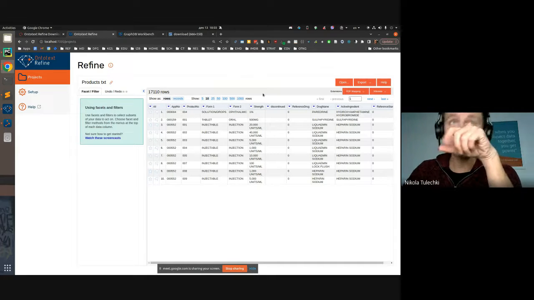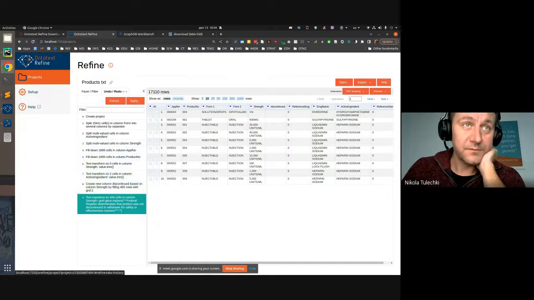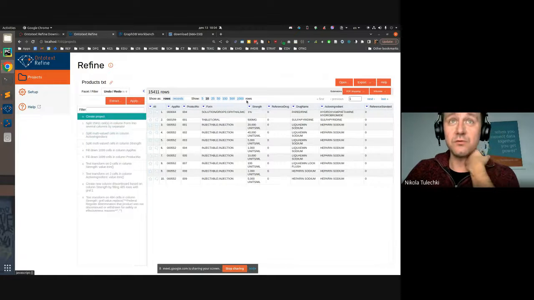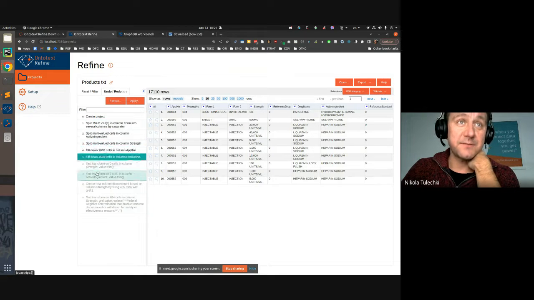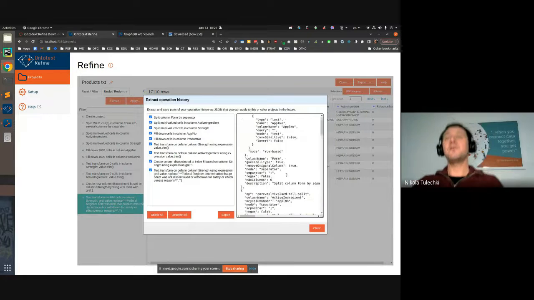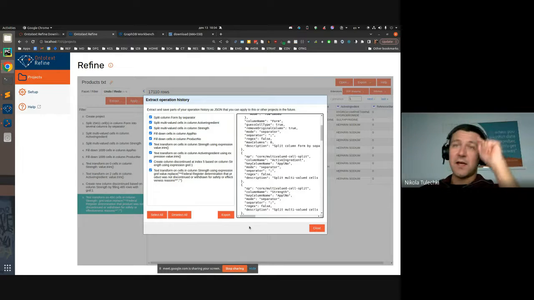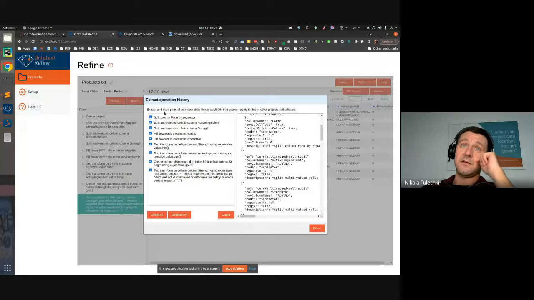But first, I want to draw your attention to the undo redo tab here, which hosts a full history of the operations that I just did. That means I can undo and redo, get my project to its initial stage, and apply each of the steps in sequence. I also have a JSON file with all these operations listed, which I'm going to use afterwards to automate the